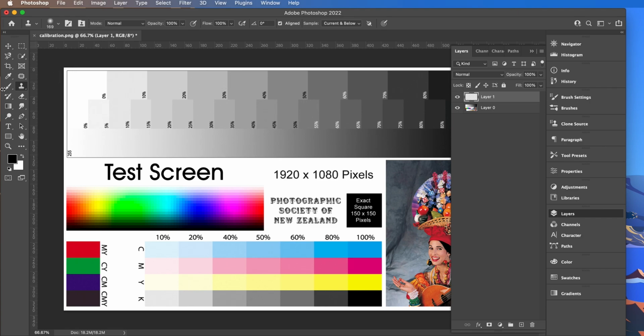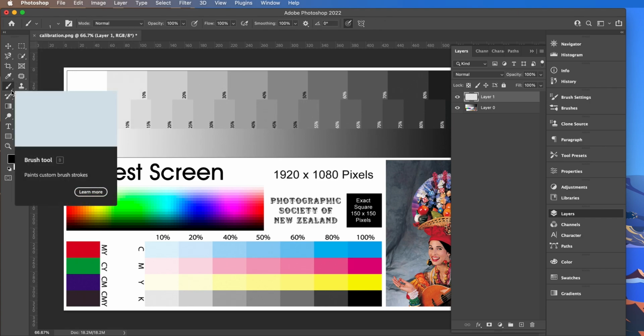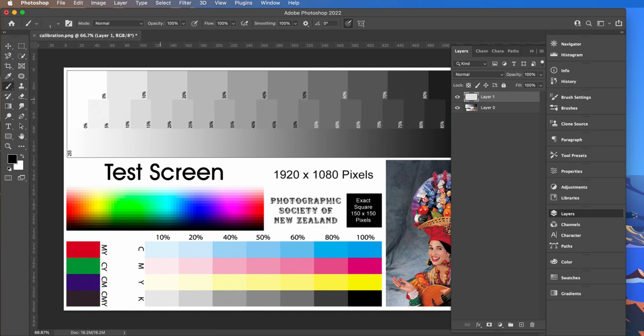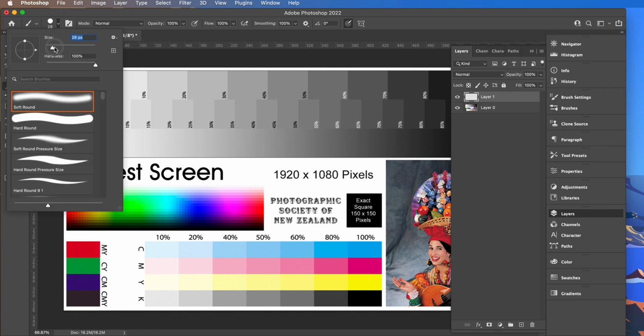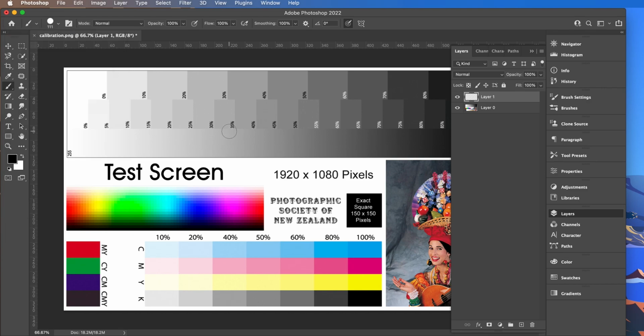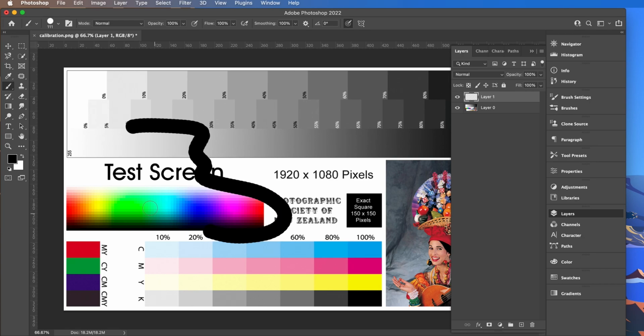Now if I choose the brush tool, it's only set on 1 pixel, so we're not going to see much of that. Let's just take it up a bit bigger. I'll come to those settings in a minute. But we can actually draw